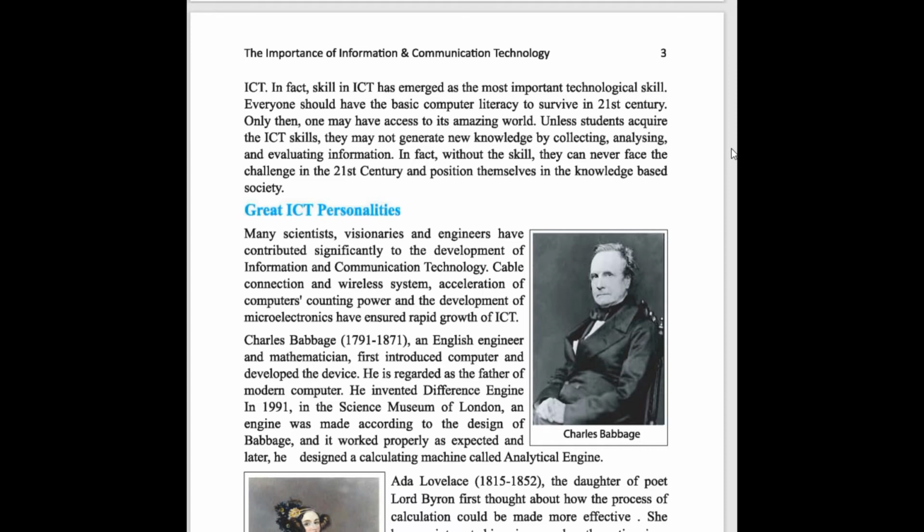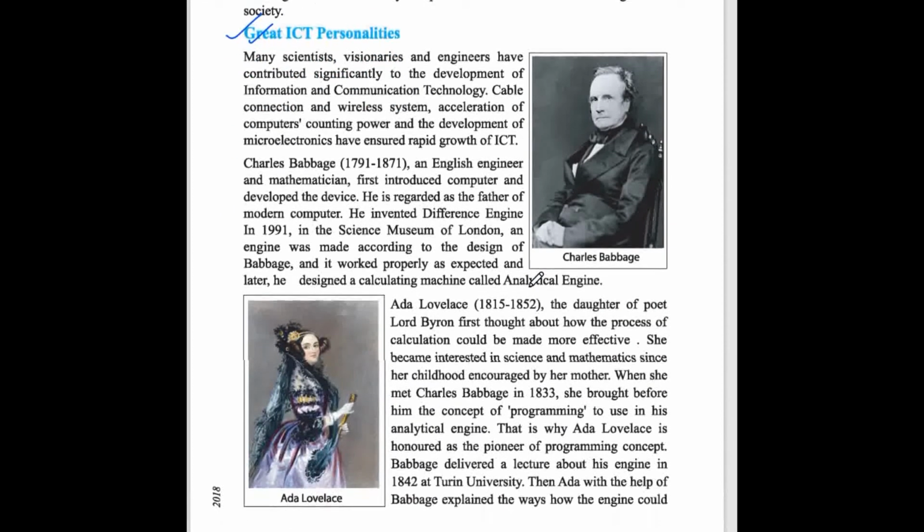knowledge-based society. Okay, so here's another topic: great ICT personalities. This topic is very much important for objective. So, whenever I say that this one is very much important, keep that in mind and write this down in